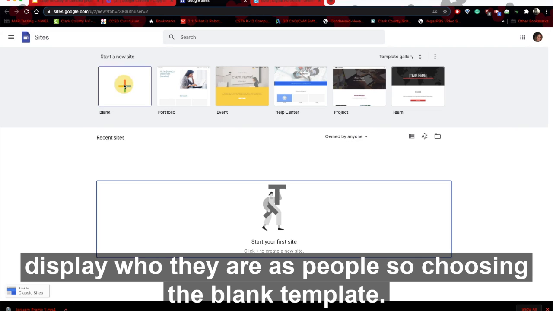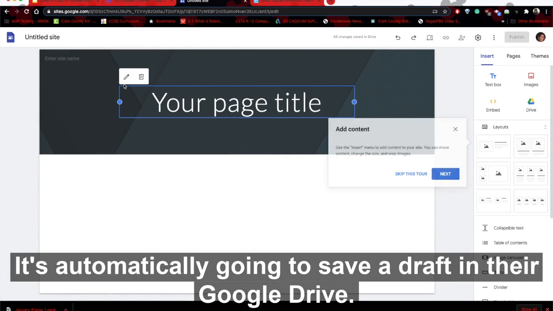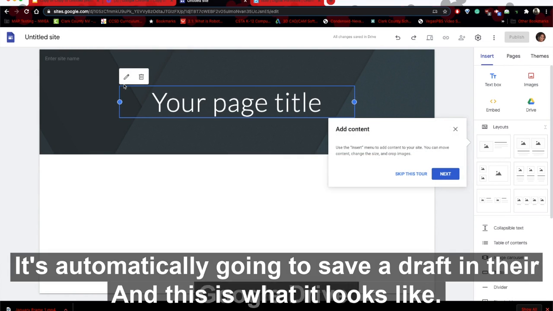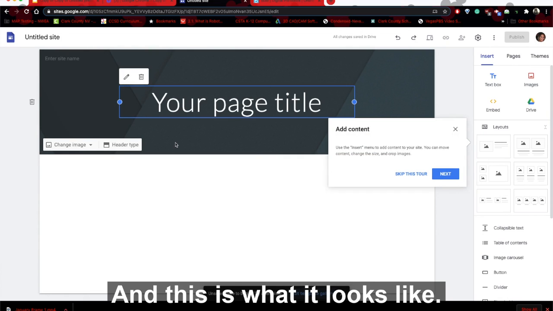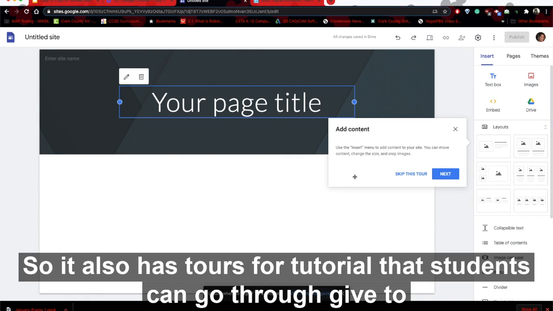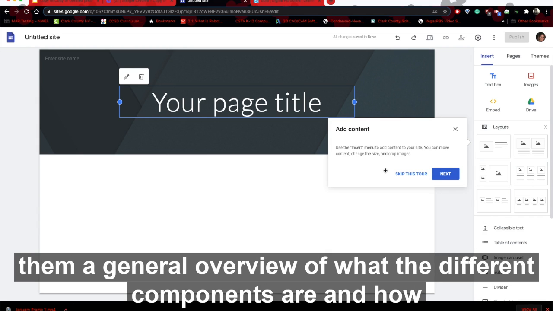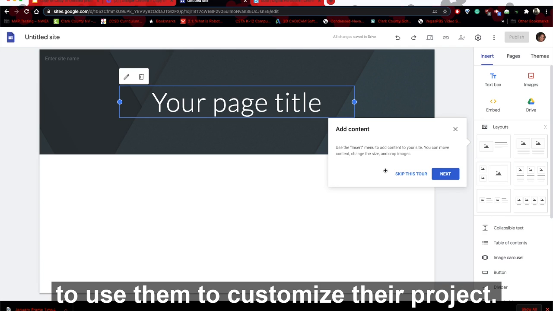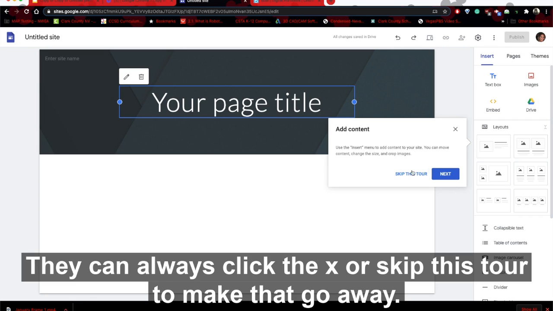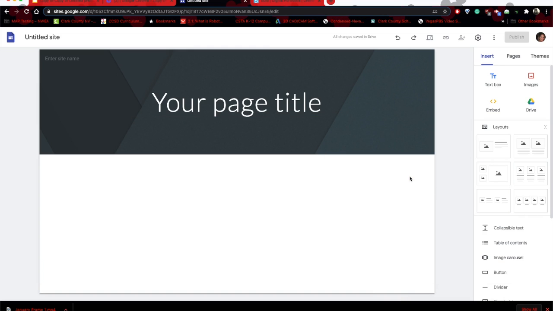So choosing the blank template, it's automatically going to save a draft in their Google Drive, and this is what it looks like. So it also has tours for tutorials that students can go through, give them a general overview of what the different components are and how to use them to customize their project. They can always click the X or skip this tour to make that go away. So right now,